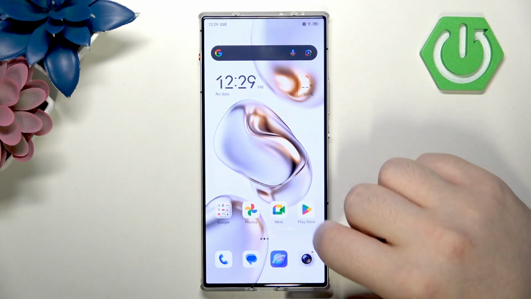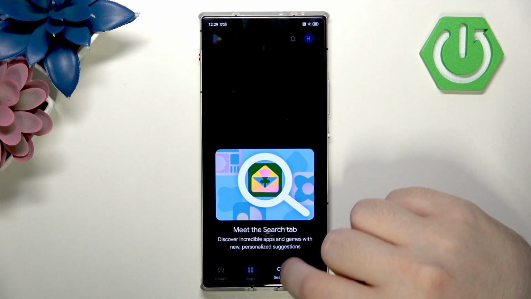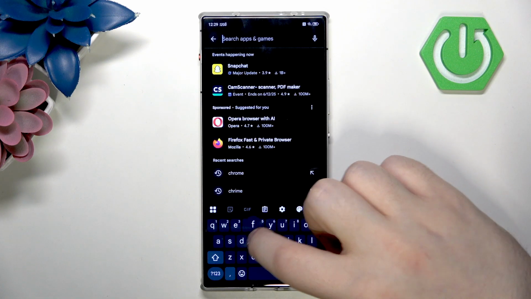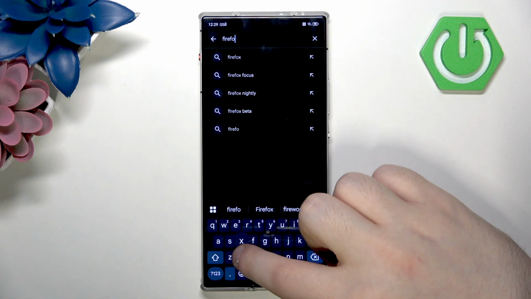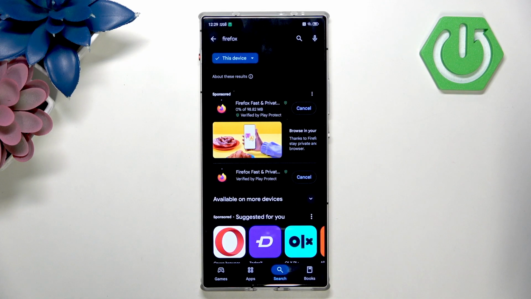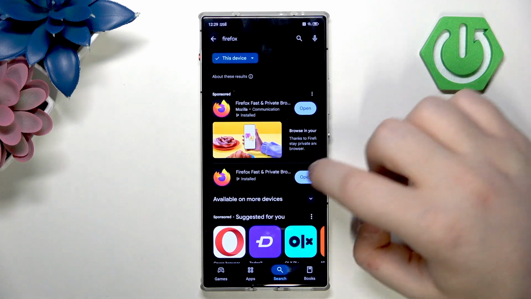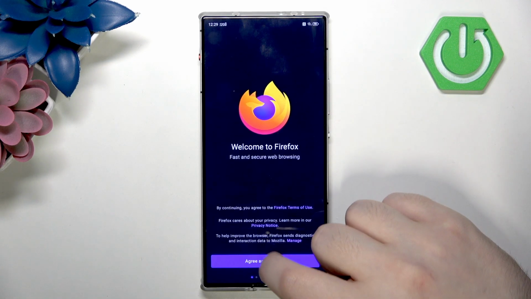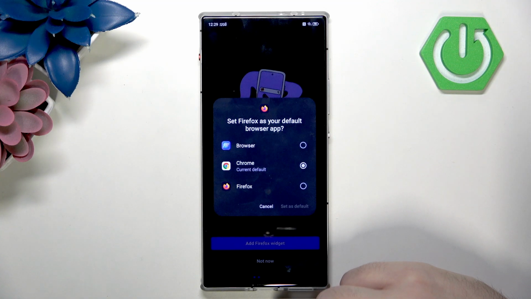So we have to start by opening your Google Play Store app, then tap on the search bar and type in Firefox. Now click search and click install. Now you can click open, and here click agree and continue, and now you can choose your default browser, or